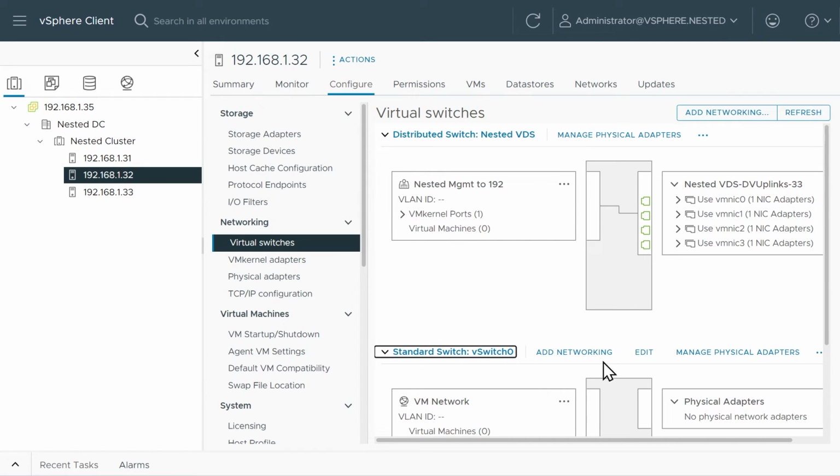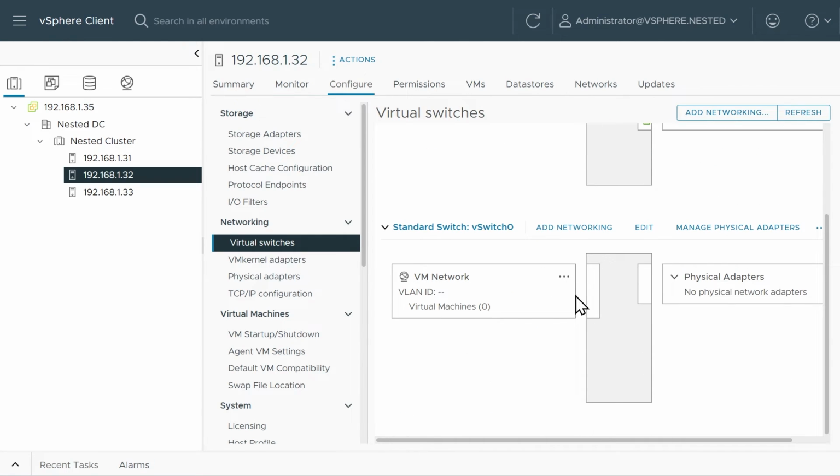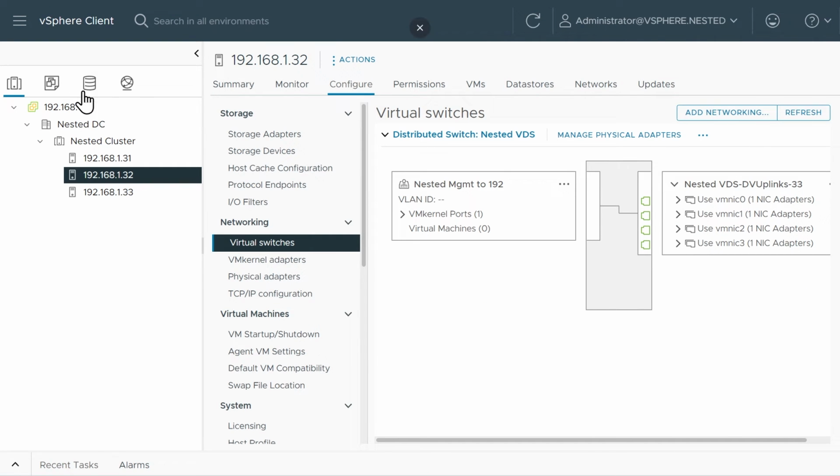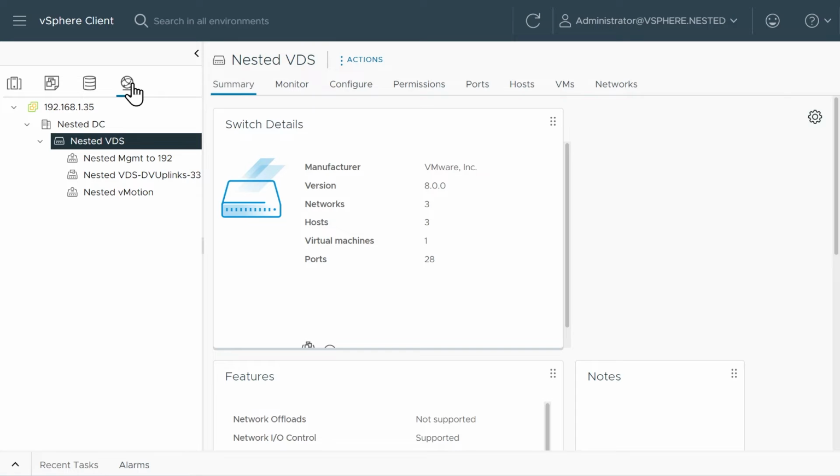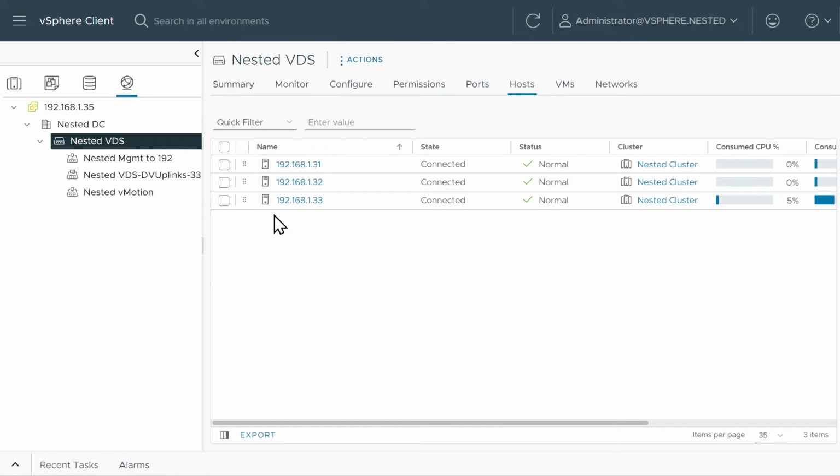So we'll go to the standard switch, click on the 3 dots. In fact, let me just peek and make sure we're not using it. Yep, we're not using it. So we'll go ahead and click on the 3 dots, click on remove, and click on yes, and it is gone. All right, so next, now that we have our distributed switch and all 3 hosts are participating as part